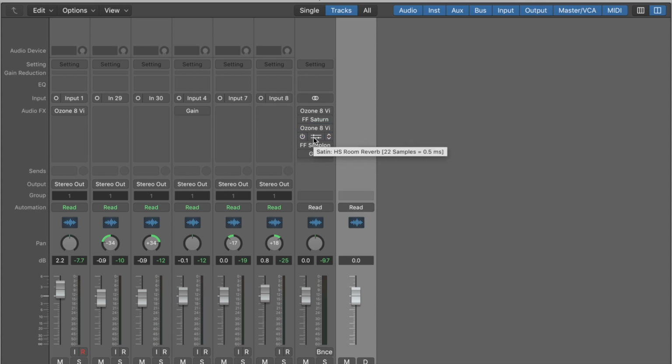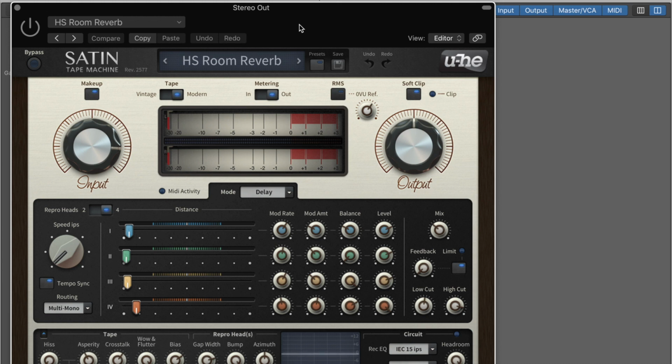Then here is another plugin that I really love called Satin. It's a vintage tape plugin. And here, I'm using it mostly for tape delay. So I'll just let you hear what it's doing. First without, then in, out, in. Okay, so here it's just a tape delay, and you could just tweak how much you want from the mix,